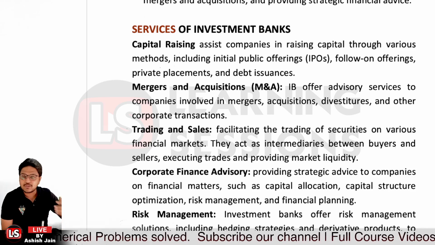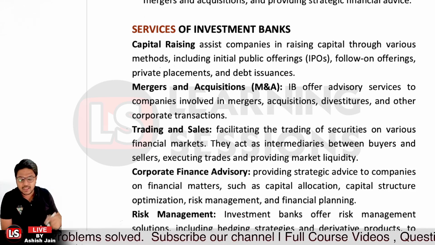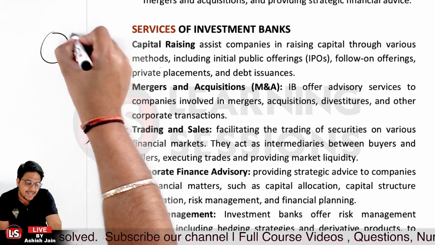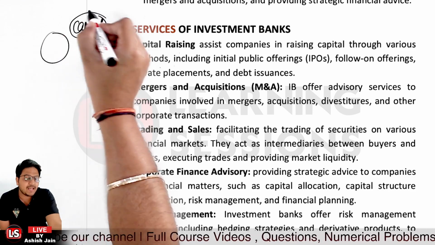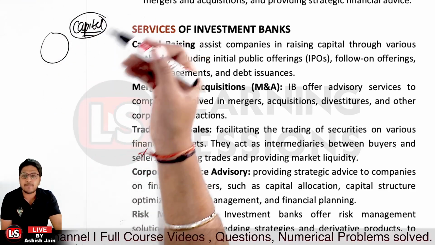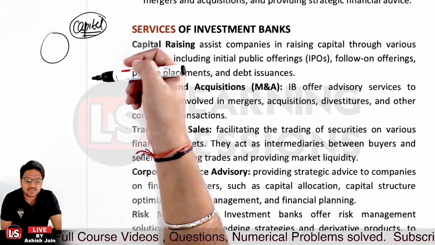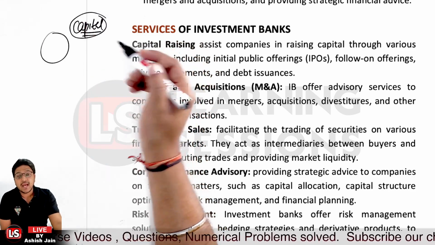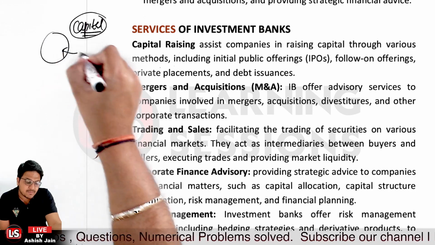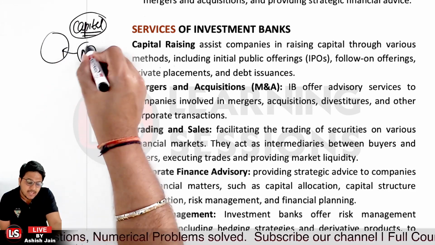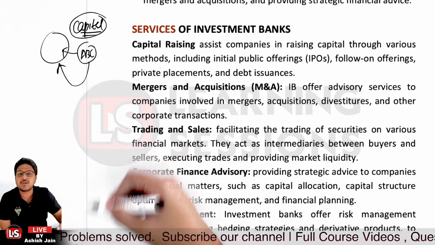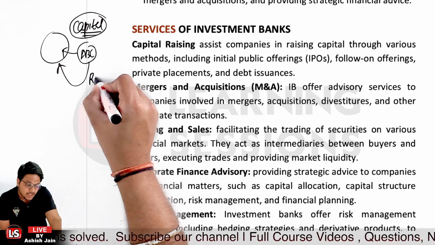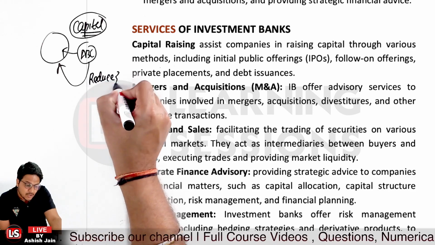Other than that, they also help in risk management. Basically, XYZ company has already allocated its capital. Now they see that there is a lot of risk involved, like default risk, credit risk, operational risk, market risk, foreign exchange risk, or any type of risk. And they took the service from the investment bank ABC. In this scenario, ABC bank can suggest how they can manage the overall risks and how they can reduce the level of risk.